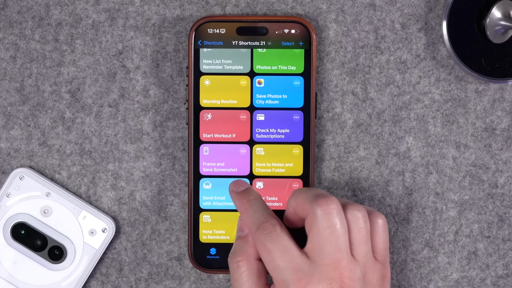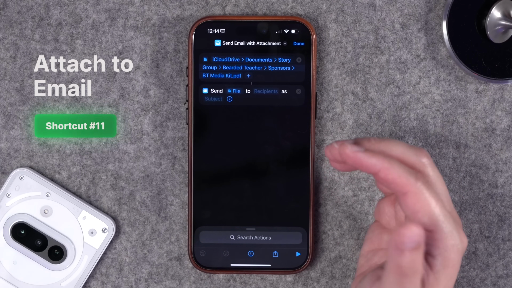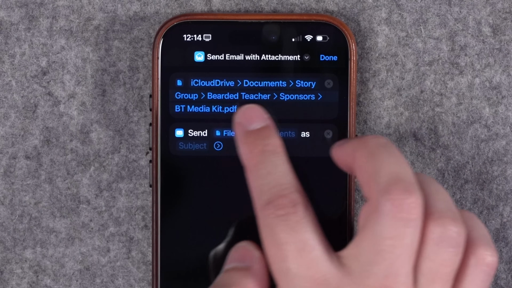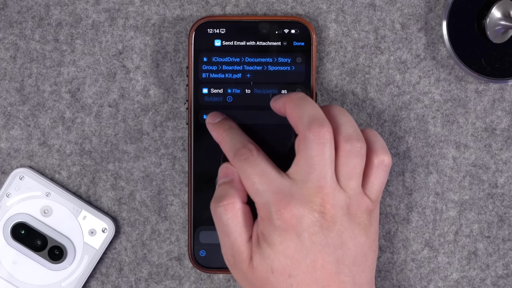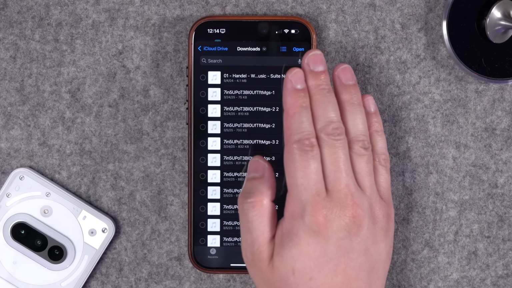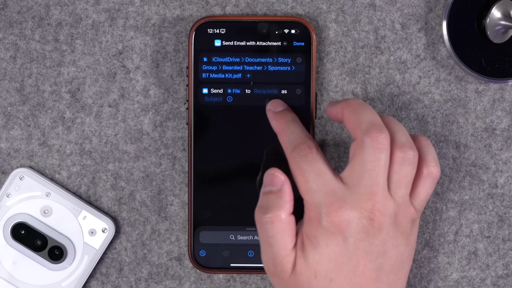Next, I had a request for a shortcut that automatically attached a document to an email. So if you have a document or file saved in the Files app, you can choose the file action. It's literally just called File, and then you can tap that and choose one of the files in your Files app. Here I chose my media kit for the YouTube channel, and here you can create a new email message